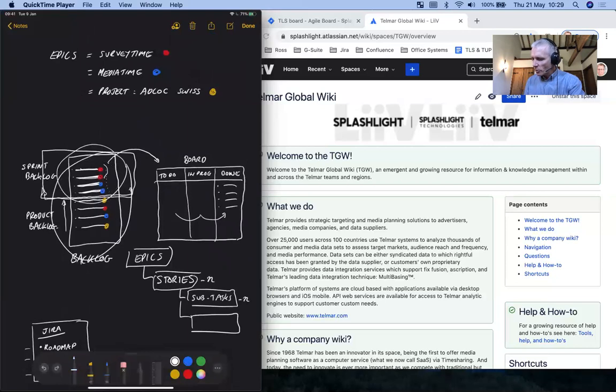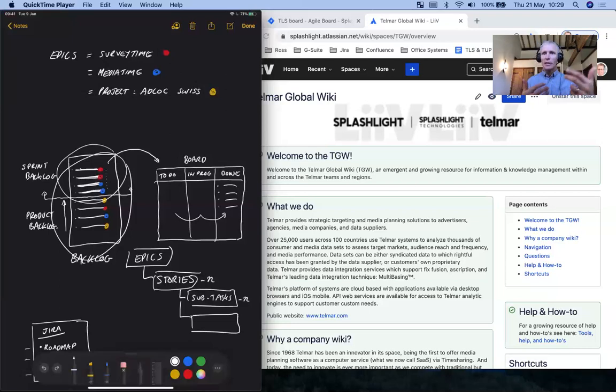So Agile is a really good way to communicate with stakeholders, Agile and the board and the backlog, because not only can we show you what we're working on, but we can show you what we're not working on. And that allows a stakeholder to question, well, why are you not working on this? This is my most important project. With the board, with the sprint backlog and the product backlog, we can illustrate that as far as our capacity goes for development, right now, all our capacity is on, say, survey time and media time. And that's why, Mr. Stakeholder, your Adlock is not in there.